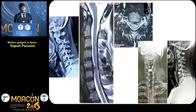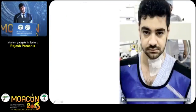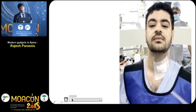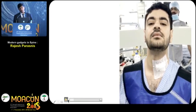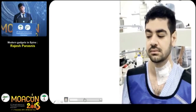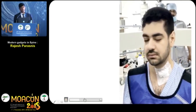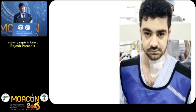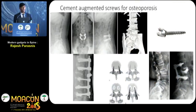Like this case we did quite a few years back, and you can see that immediately following the surgery, the patient starts, let me see, the X-ray is not coming up. So 3 days from the surgery, you can actually see the disc moving, right? So the disc replacement for lumbar is out, cervical is well established with long-term results, and it's really been accepted